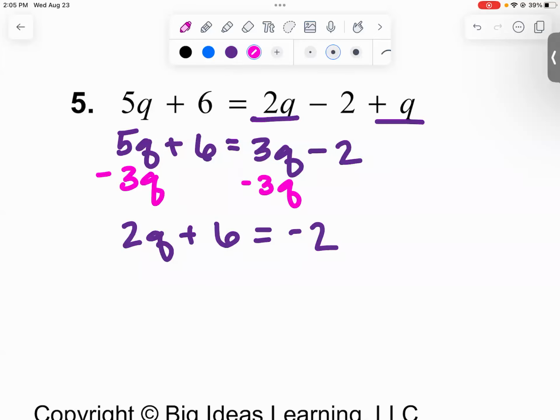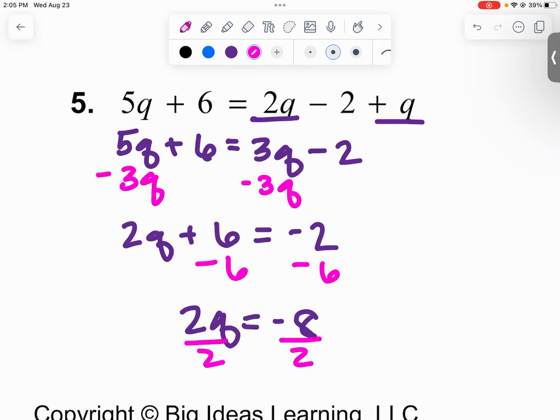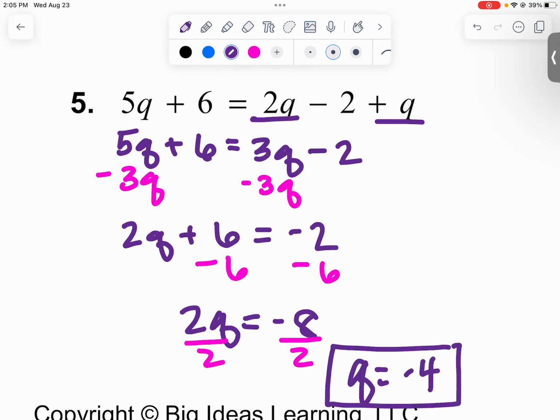Hunter's really excited because the next step is to subtract 6 on both sides. So 2Q is negative 8, which means Q